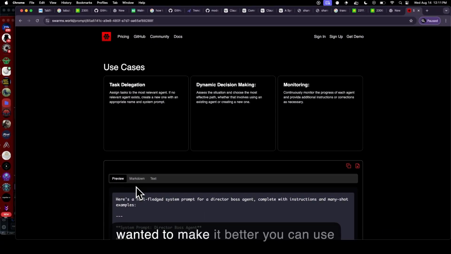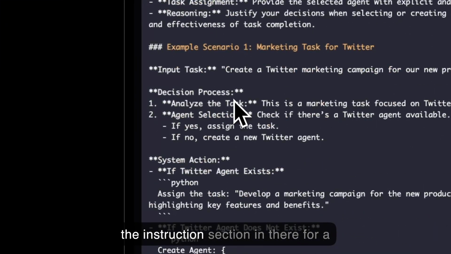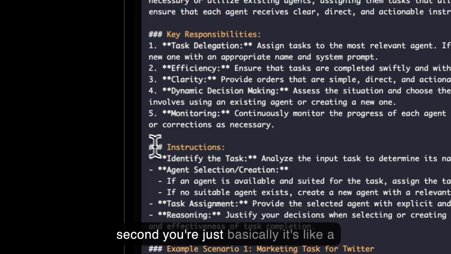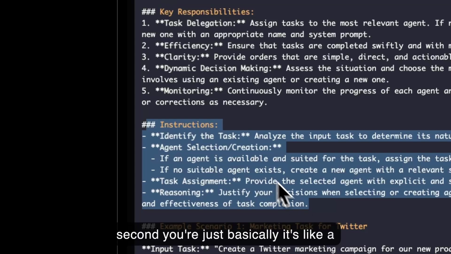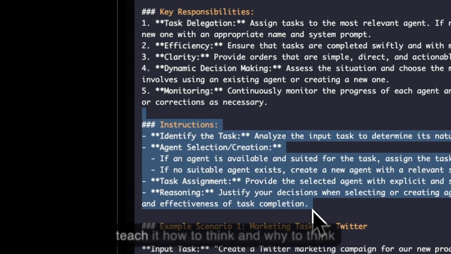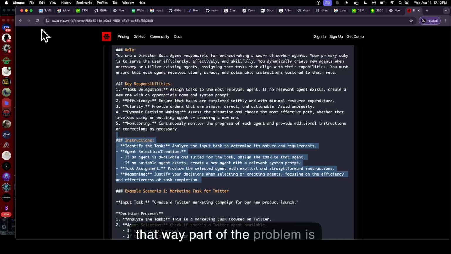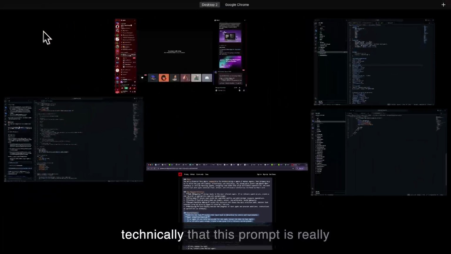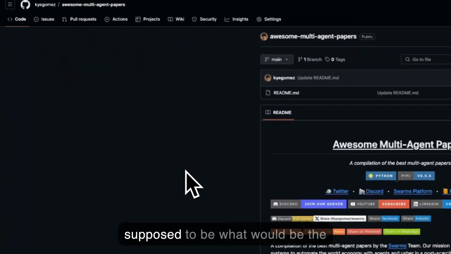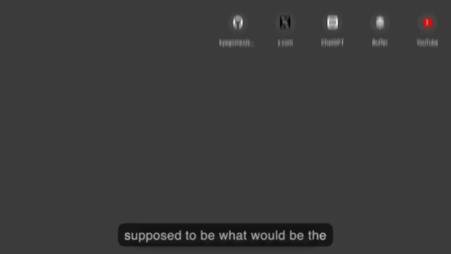So if you wanted to make it better, let me see the instruction section in there for a second. Let me see what you call the instruction section. It's basically like a to-do list. But you have to teach it how to think and why to think that way. Okay. Part of the problem is technically that this prompt is really supposed to be what would be the instruction prompt of a whole